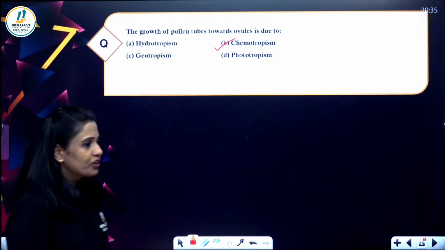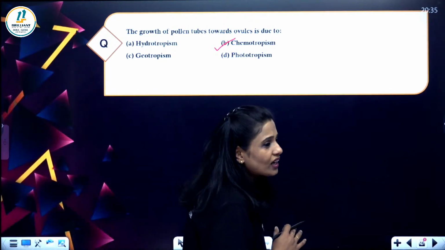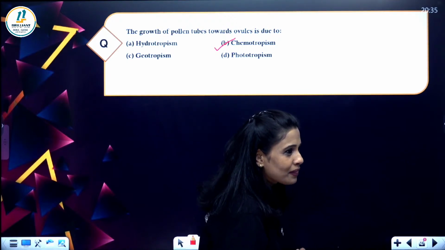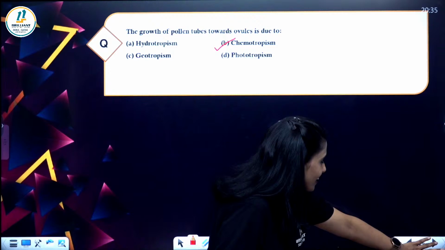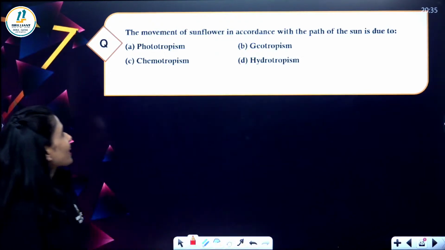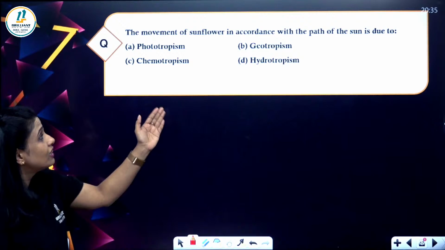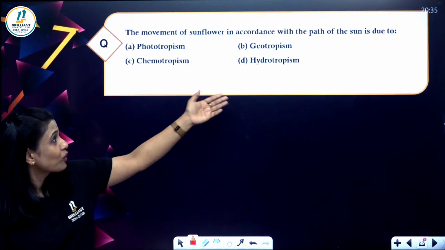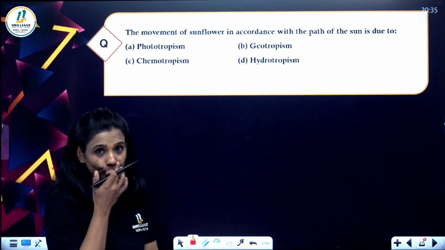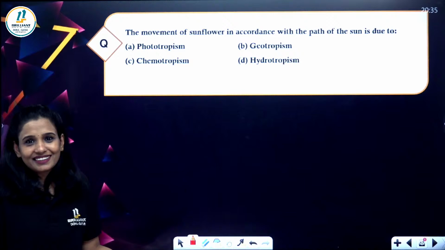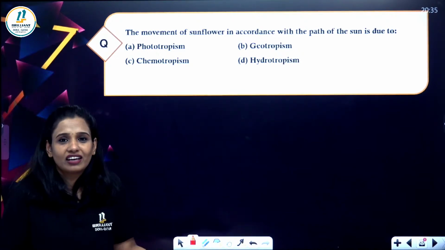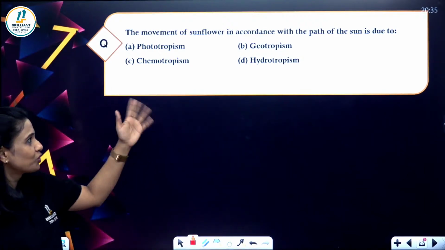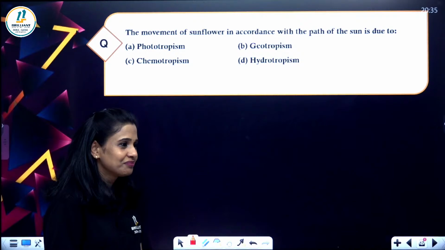Next question. How many of you commented? Okay, all are commenting the correct answers. Very good. The next question: the movement of sunflower in accordance with the path of sun is due to. The name itself is there. Sunflower is related with what in the options? See here: phototropism, chemotropism, geotropism, hydrotropism. It is